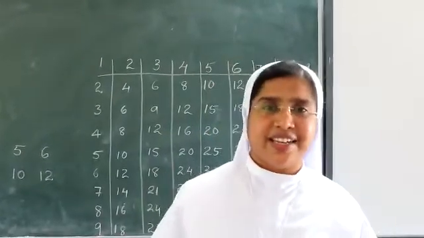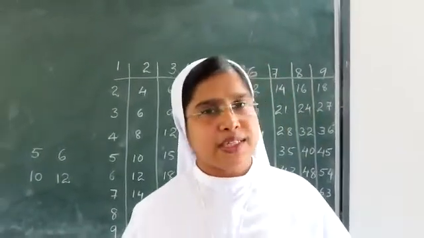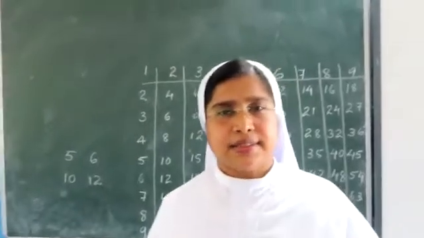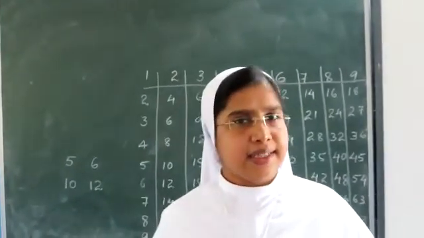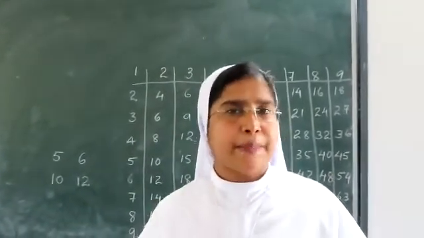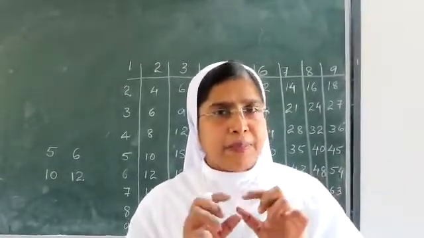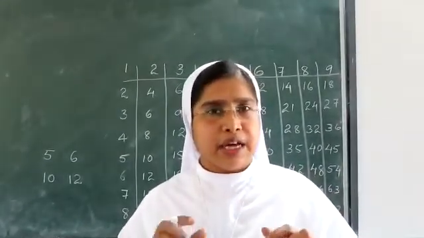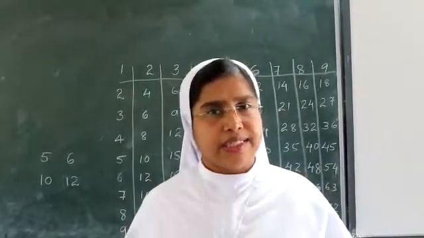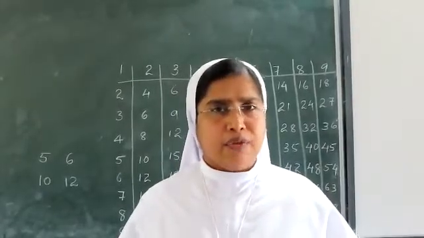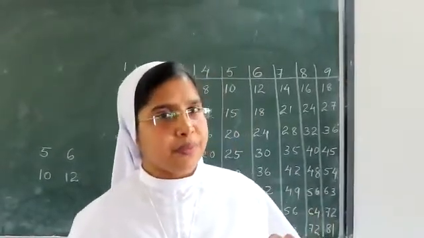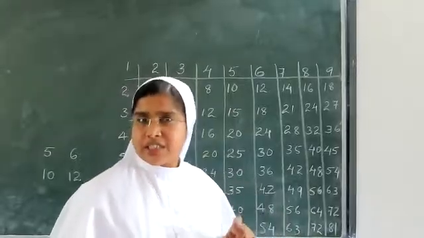Yes, students, the other day we were discussing, the last problem was using the calendar. We had taken the calendar and the square of 4 numbers, and we multiplied the diagonal numbers and found out the difference. Now we are going to see the next problem, the unchanging relation in class Z.